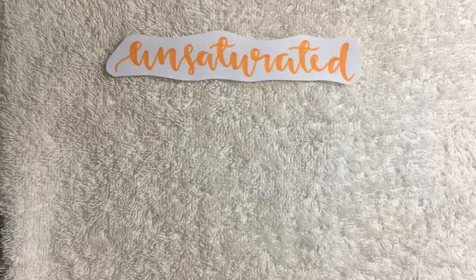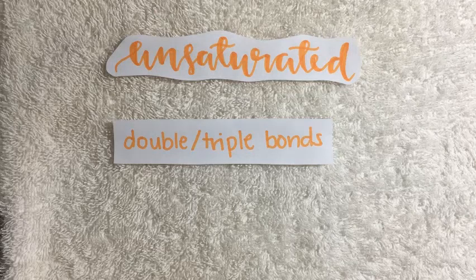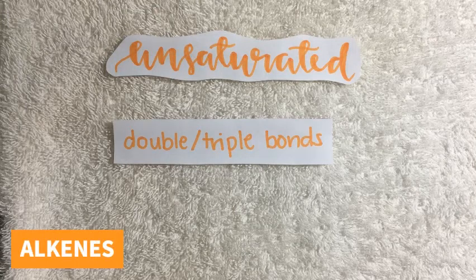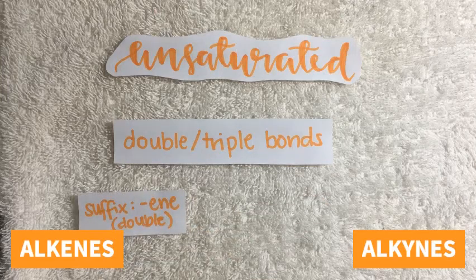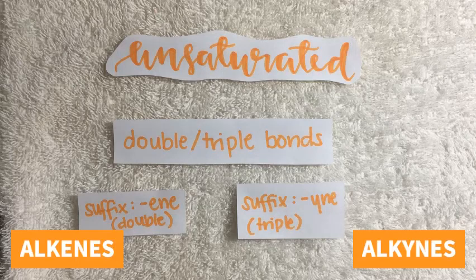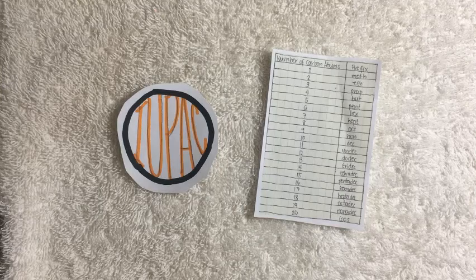Unsaturated aliphatic compounds are compounds whose carbons are joined by either double or triple bonds. Compounds with at least one double bond are called alkenes, while those with at least one triple bond are called alkynes. In naming alkenes, the suffix -ene is attached to the parent chain, while for alkynes, the suffix -yne is attached to the parent chain, wherein the chain is named depending on the prefixes set by